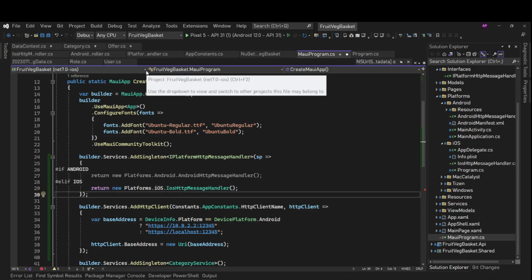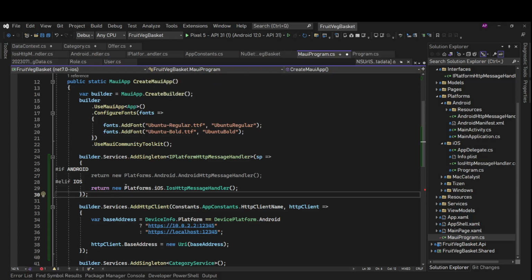Currently our app supports only these two mobile devices, so we'll do it for these two only. And if you want other platforms as well, you can simply implement this iPlatform message handler in those folders, Mac Catalyst, Windows or Tizen. Then you can do the same thing.